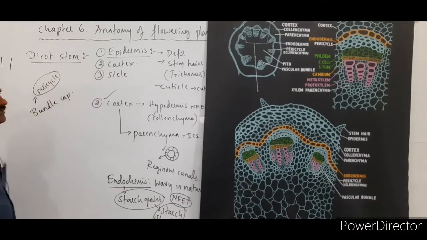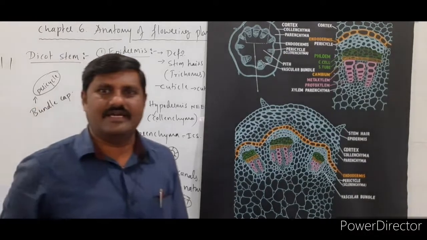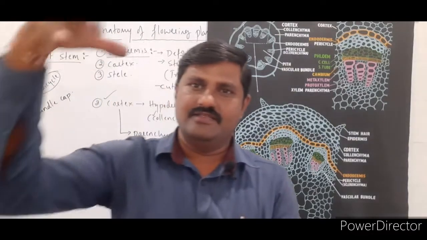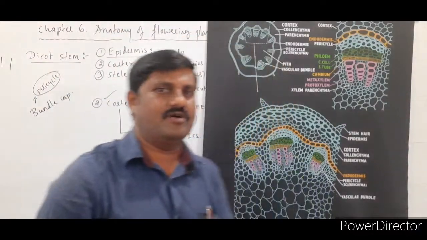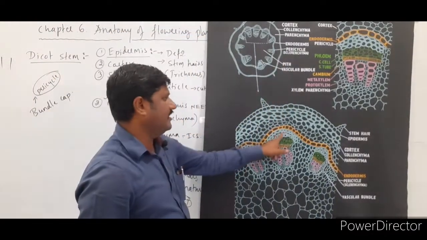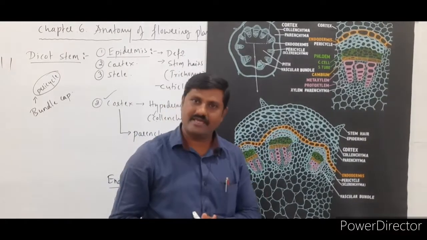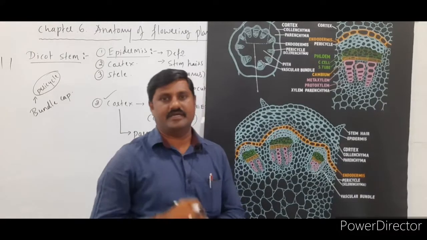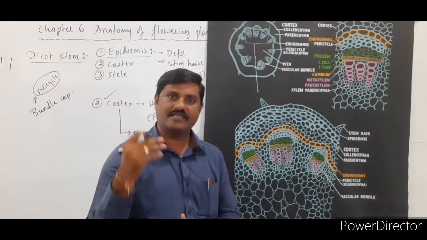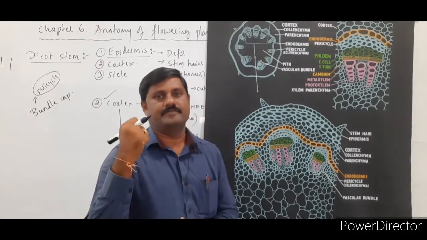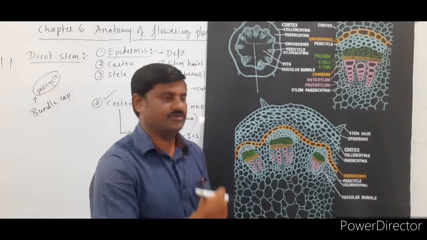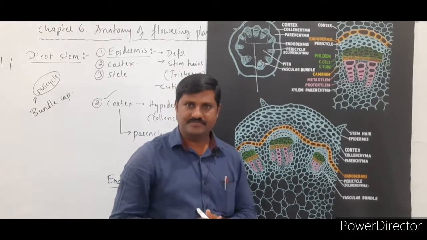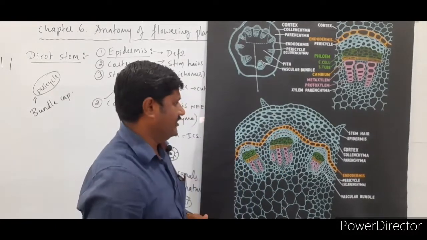Pericycle makes the bundle cap. So that is on the vascular bundle, where a cap-like structure is formed, and hence it is called the bundle cap. Okay, and this sclerenchyma tissue makes the bundle cap itself, so that gives mechanical strength to the stem itself, right? So this point is to be noted over here.